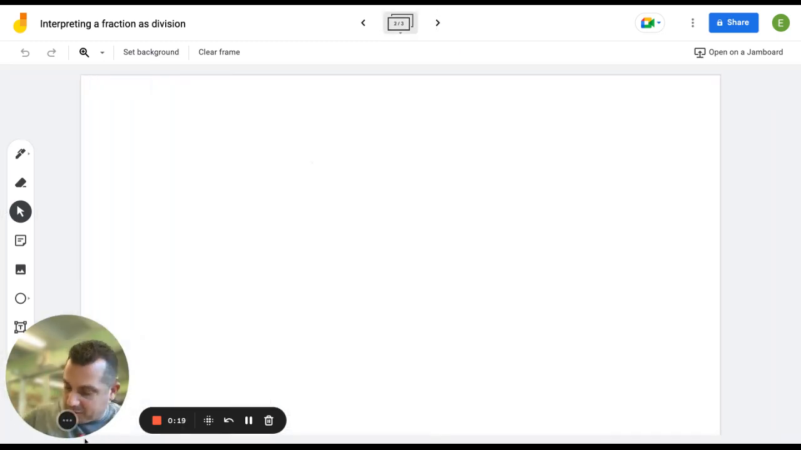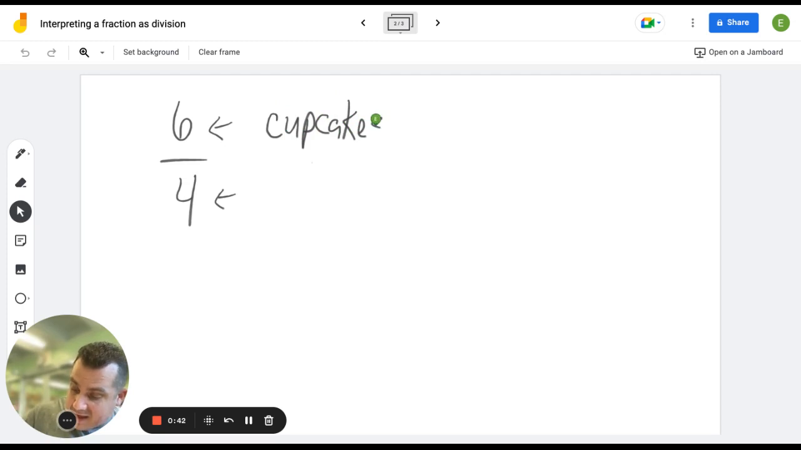Okay, so the first thing we're going to take a look at is we're going to write down a fraction. So here we have 6/4. Now we look at 6/4 as a fraction. But in reality, what we're saying is I have 6 cupcakes and I am dividing them, or I'm sharing them, among 4 students. And this is what we said is WIBS